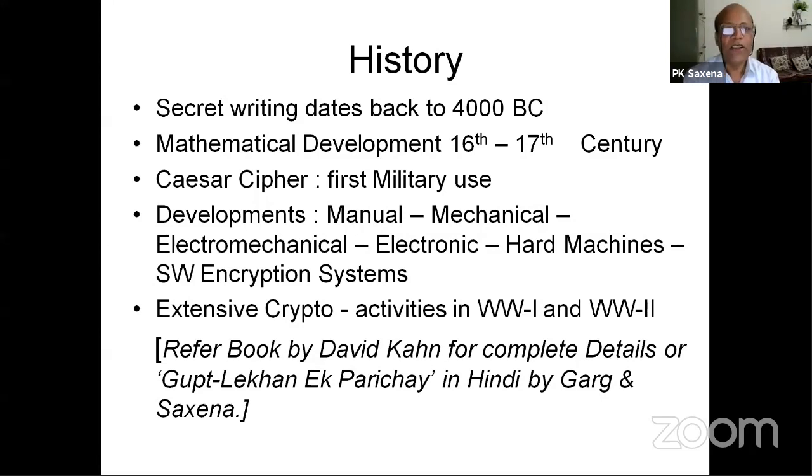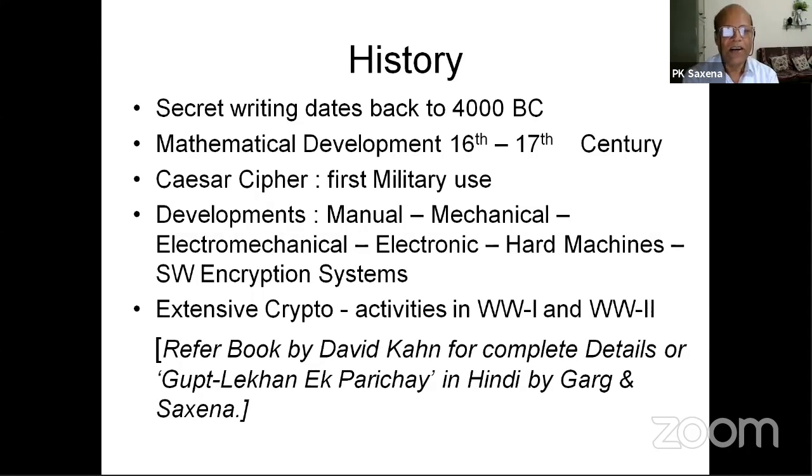But actually, the mathematical development in this area started in the 16th and 17th century in different parts of the world. And Caesar cipher was actually the first cipher known by name, which was used for military